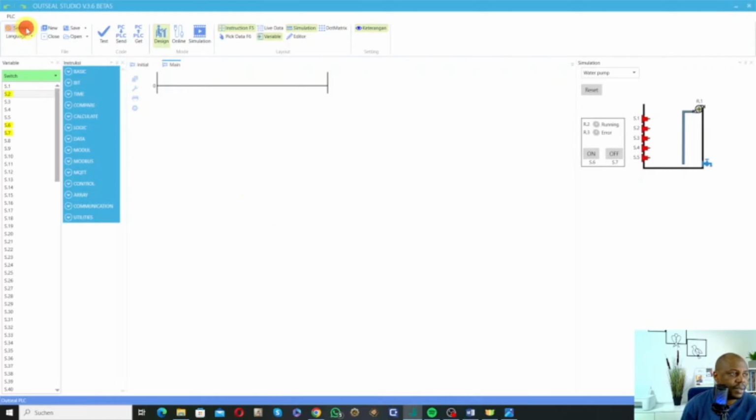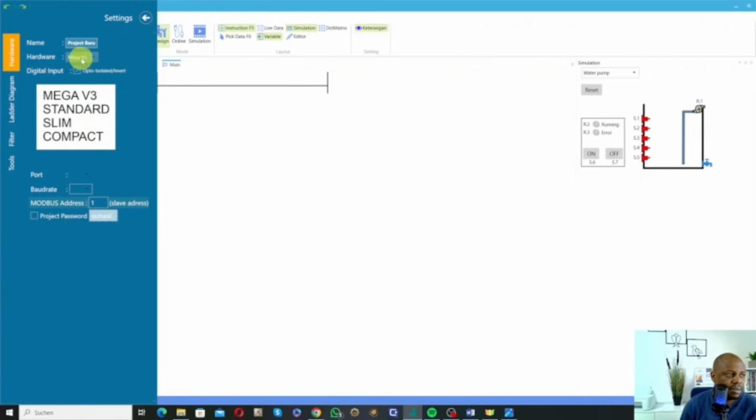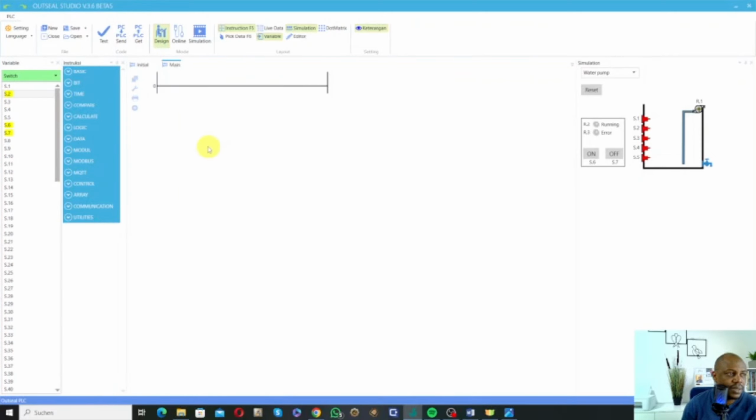Here we have settings, and these are different hardwares that are supported: Mega, V1, Compact, App, Nano, and all that. So you can use this to learn how to program PLCs using ladder diagram, and you can connect your PLC, your Arduinos to it, and have it programmed. Now, there's a simulation environment in case you don't have a physical hardware, but you want to learn